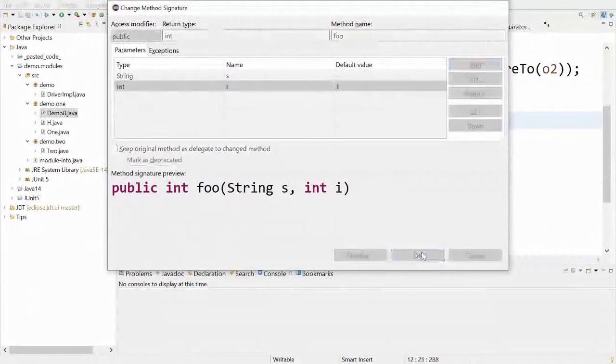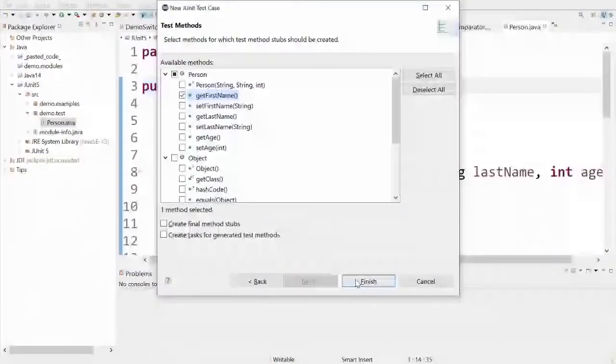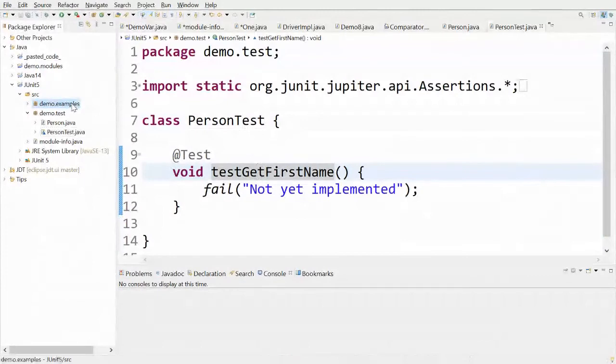So these were some tooling features for the new Java versions. Now coming to JUnit 5, which is the fundamentally redesigned version of JUnit 4, the most popular testing library for Java. It provides a lot of new cool features, but I will be showing just one or two of them here. First of all, if you want to create a test class, you can use this quick assist to quickly create a test case. On the next page, you can select the method that you want to test, and it will create the test class along with the test method for you.